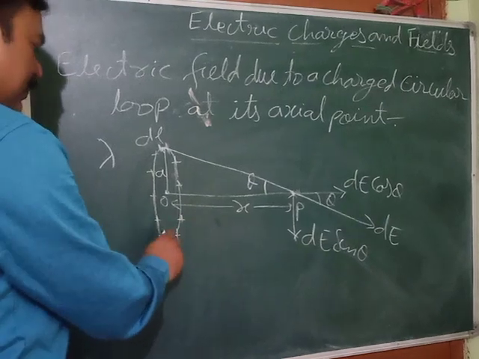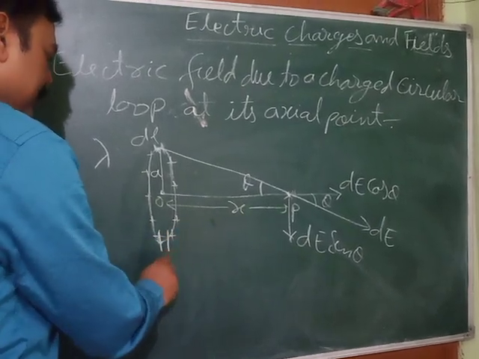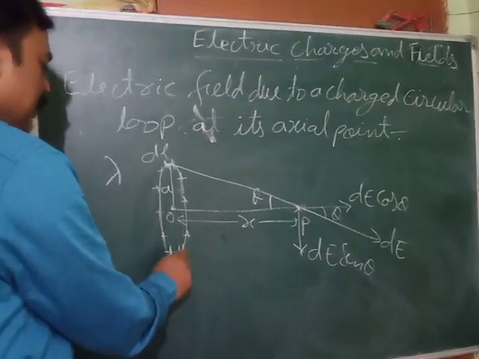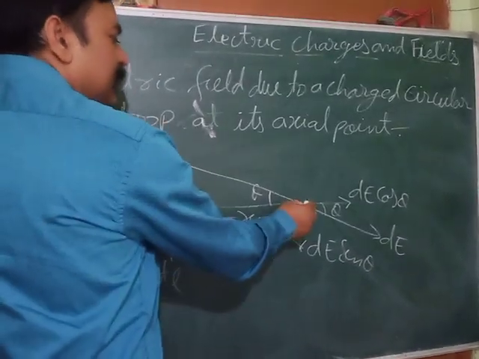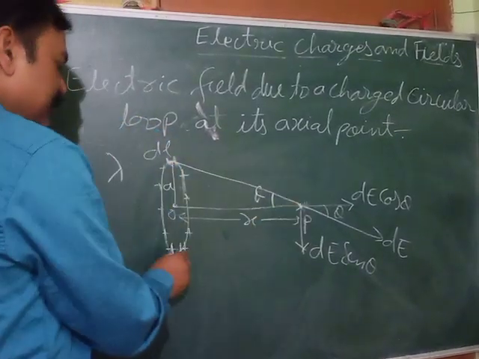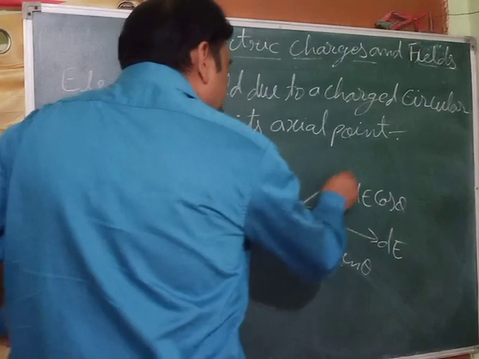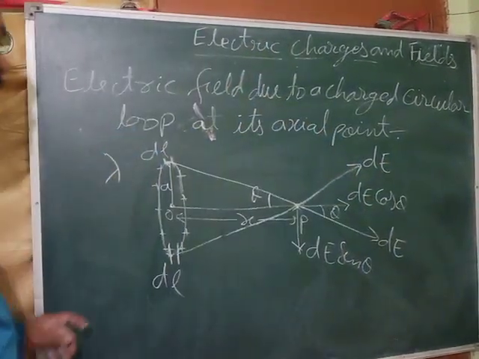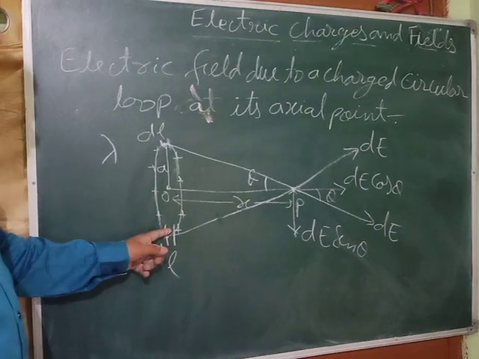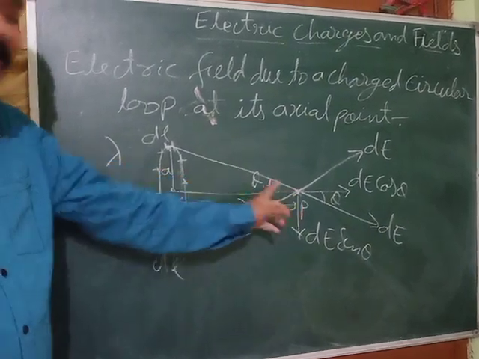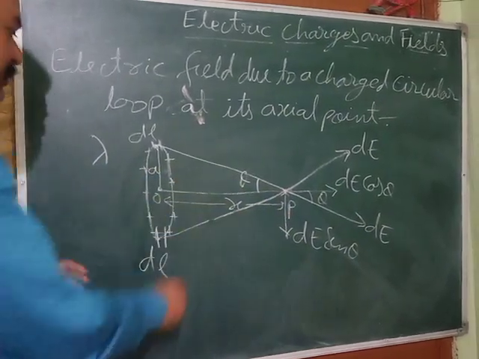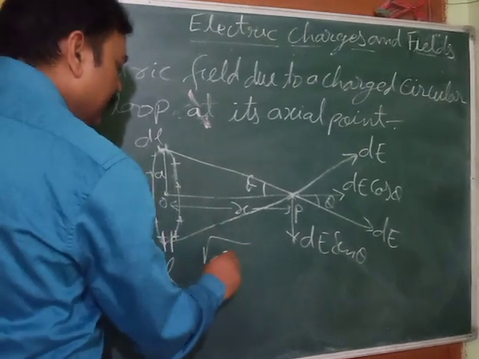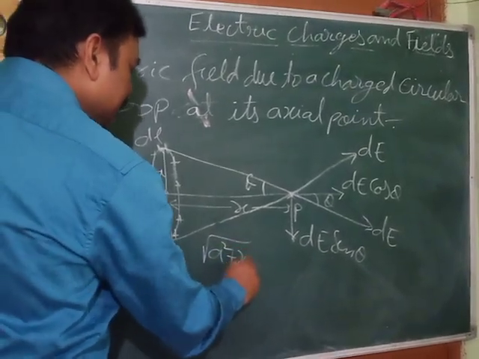So in this case we have to take a small length here also, and due to that it will also repel the test charge placed here, so the electric field will be directed like this. Again this will also be the same, because this distance is the radius, that is a, and this is x for this also. So this distance will be the square root of a square plus x square.